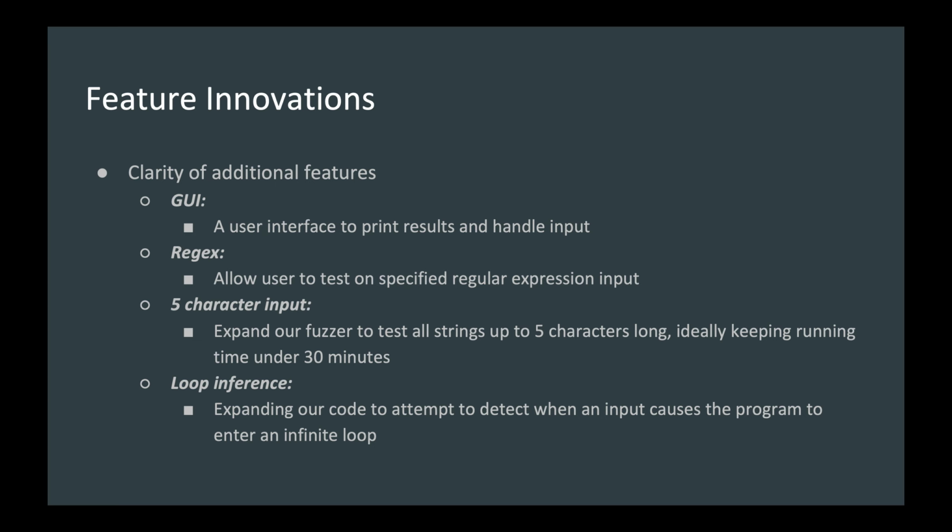The one major flaw of the GUI is that the user needs to restart for each fuzzing test. This is because of the way we call our fuzzer. A GUI improvement would be to wrap the fuzzer in its own class and instantiate a new fuzzer object each time run is called. Our second additional feature was expanding our fuzzer to run tests on strings of up to